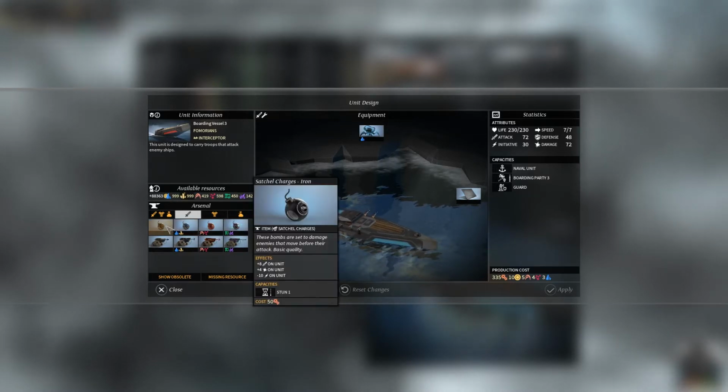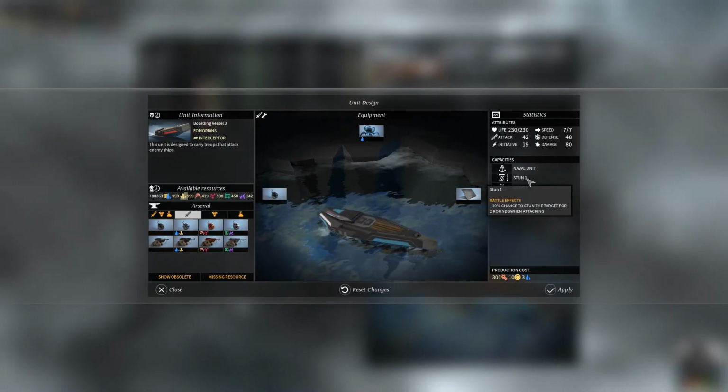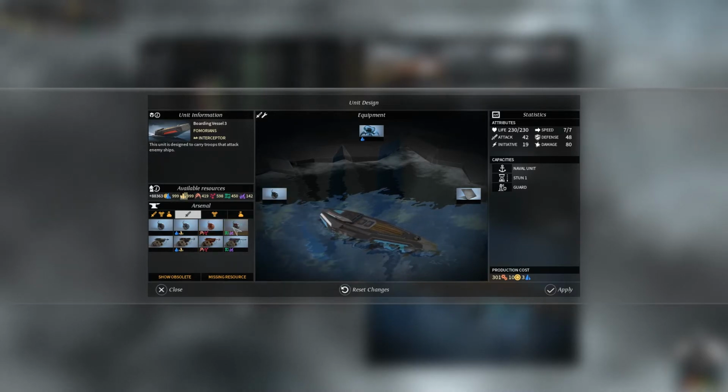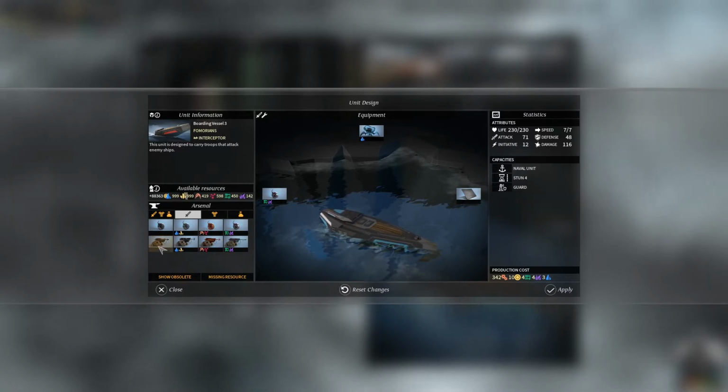So what a boarding vessel has is you have the choice between stun and boarding party. So stun, the first attack around, I believe, is an auto stun, but then after that you have a percent chance to stun for every level of that stun. So stun 4 is a 40% chance to stun the target, and they'll be basically disabled for the time that's